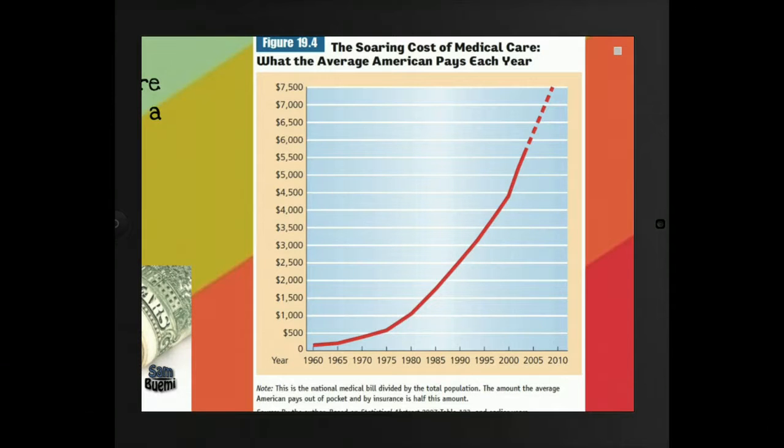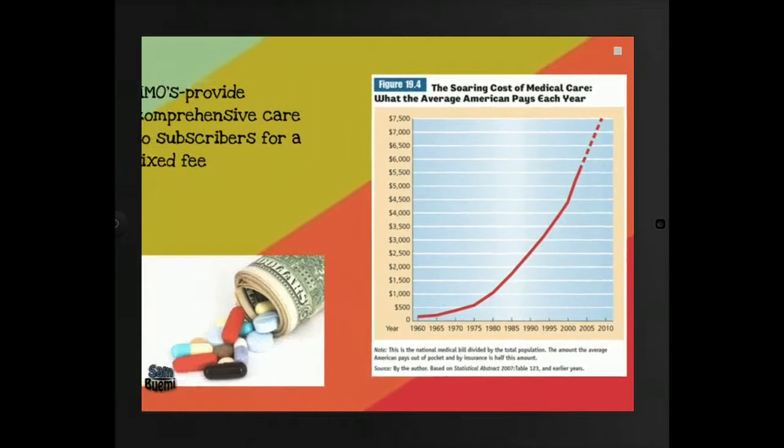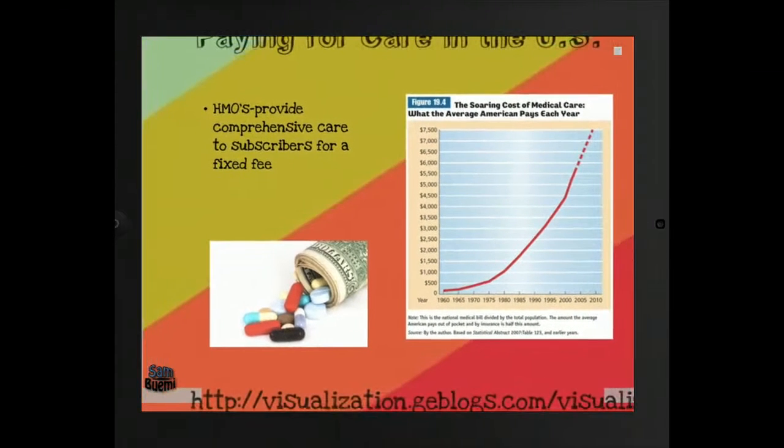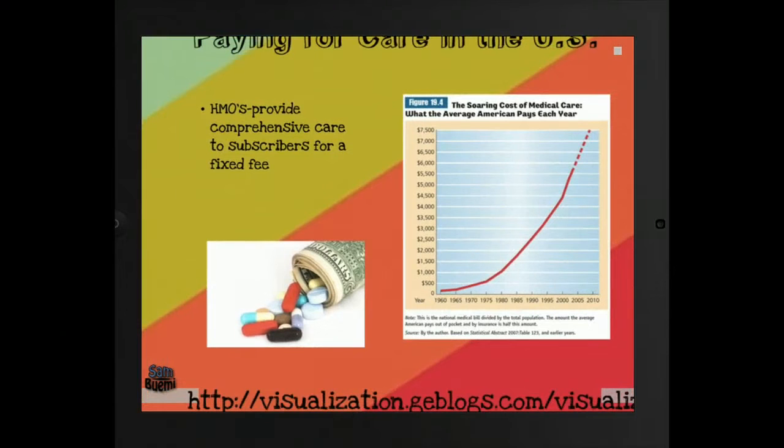One, people are living longer than they have before. We've got a larger population. We've got technology that we've never had in the past that is, well, frankly, quite expensive. And of course, we have a lot of specialties that we didn't have in the past, whether we're talking about oncologists or certain providers that specialize in their medical field. They cost money, so it's not as general as it once used to be.